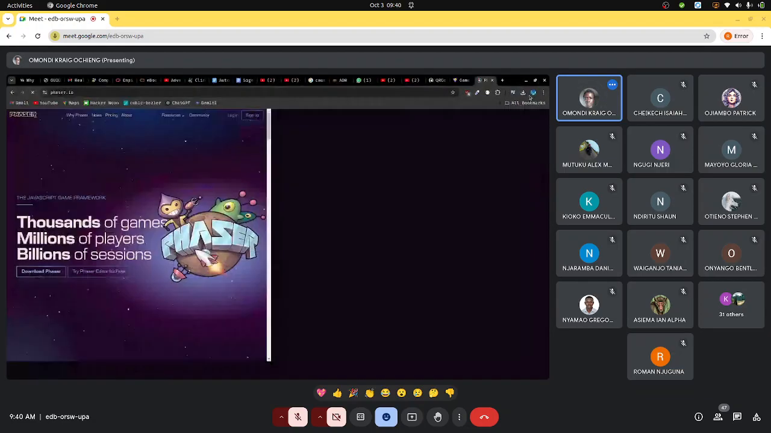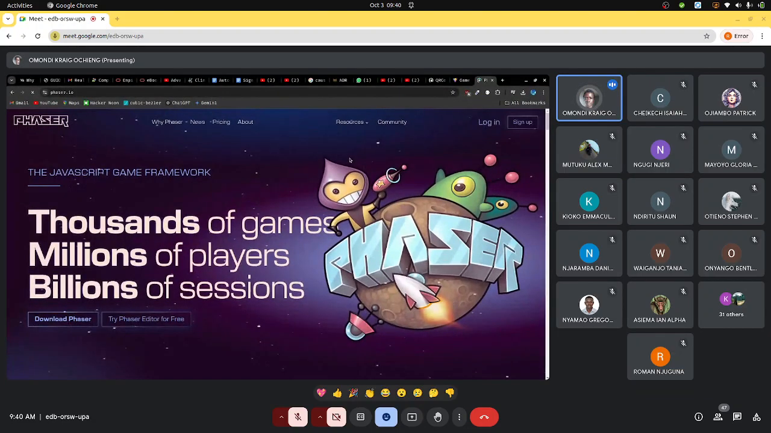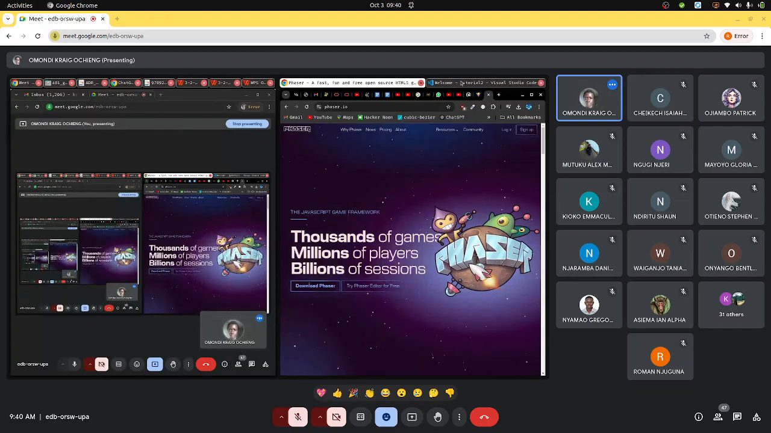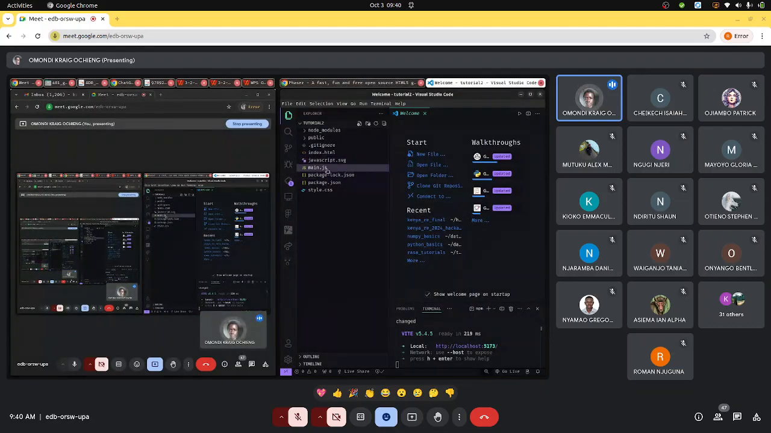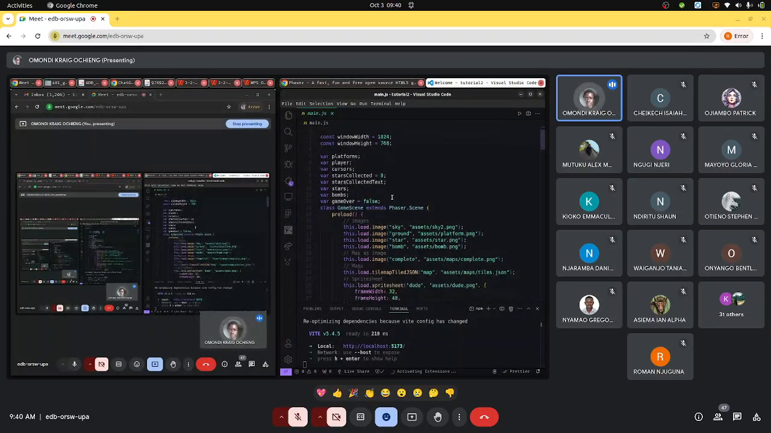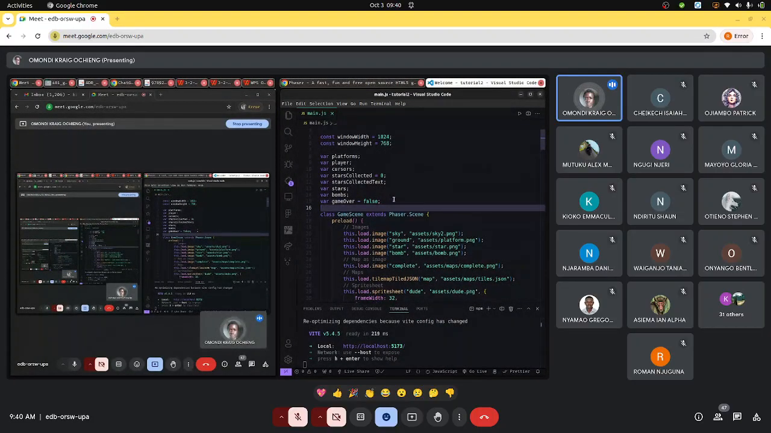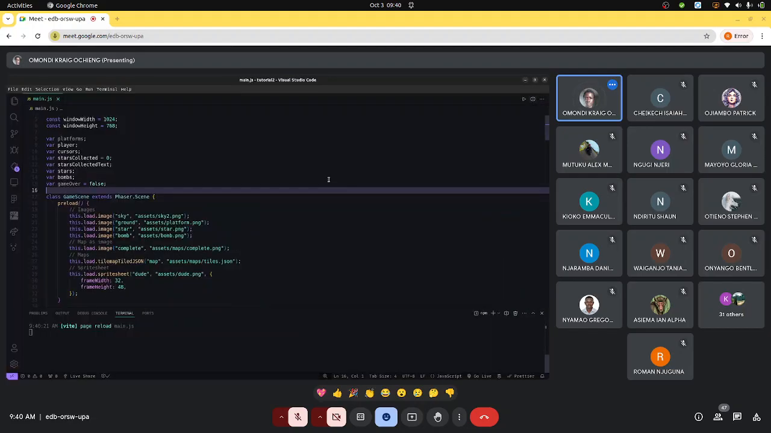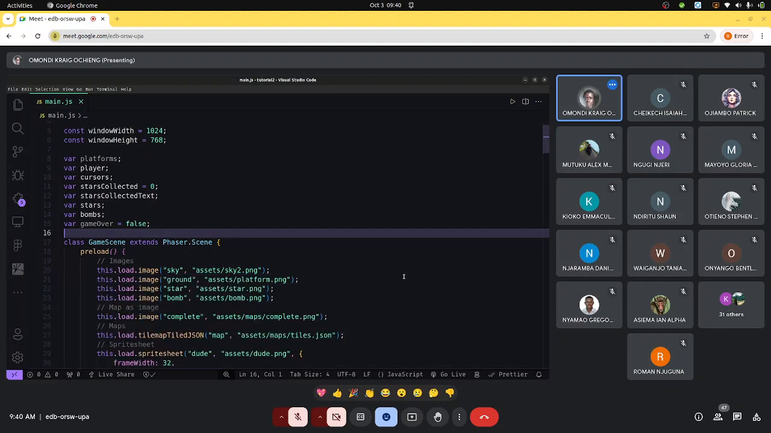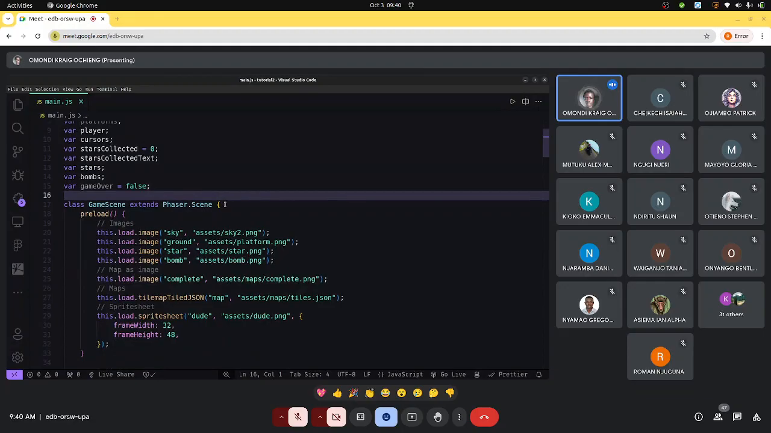So this is the tool that is using the JavaScript game framework. I think all my code is in main.js. You start with setting a scene. This is where I'll be writing the code. So you start by setting a scene, and